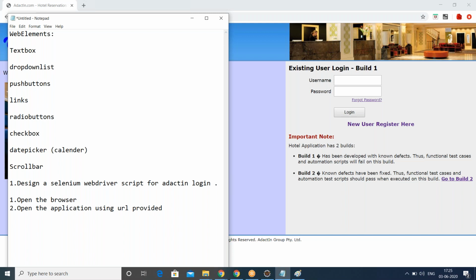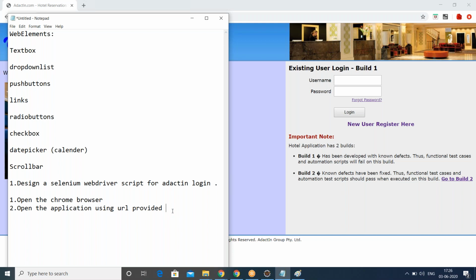So first let us see the steps. Then I'm going to show you how to perform the same steps using Selenium. Let's open with the Chrome browser. First, let's find out the steps. Let's write the steps in the manual process, then we can try to automate those steps.